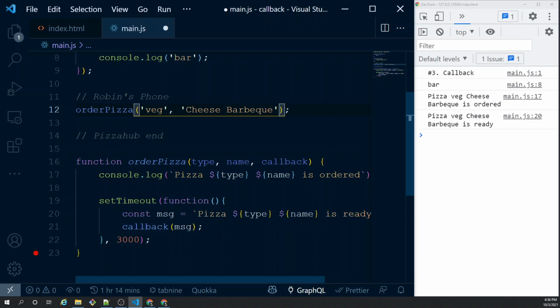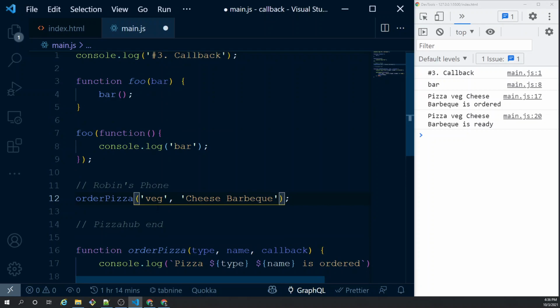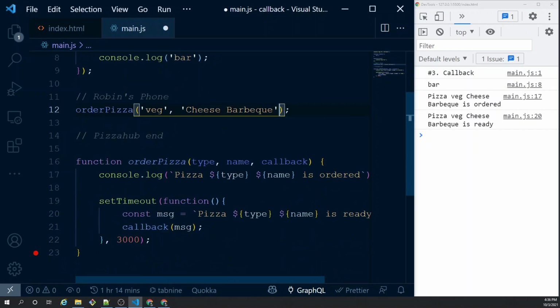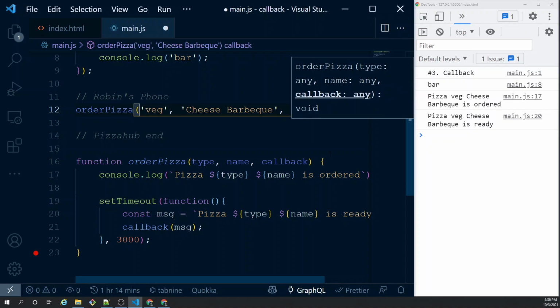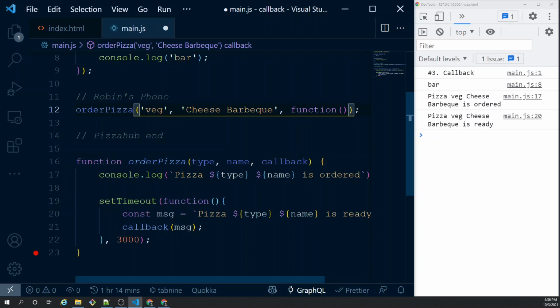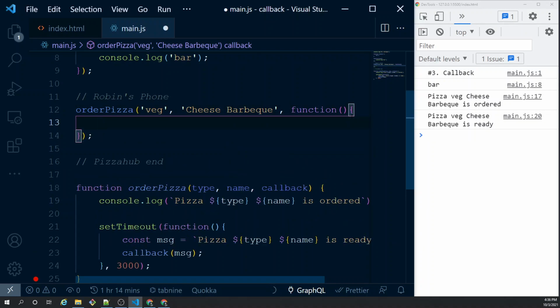In my case, the operation is once the pizza is done. Once the pizza is done, I am going to tell the caller, in this case Robin's phone, hey buddy, pizza is done. So let's do that. I'll be passing a function. And what this function is expecting is that I'm passing a message.